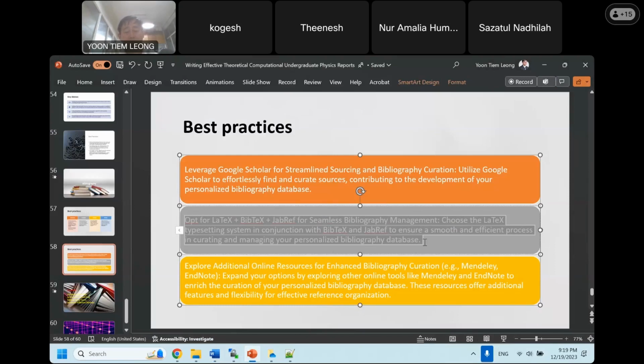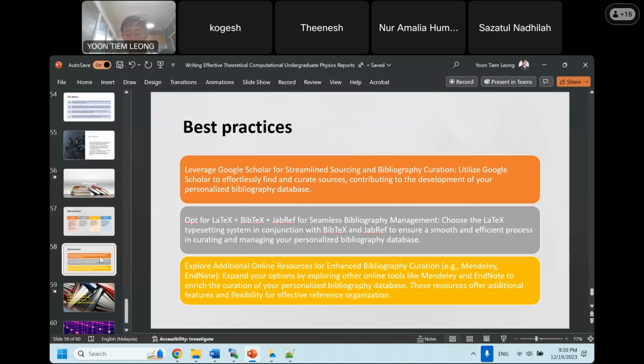But if you prepare your report using LaTeX, which is a different way of preparing a report, not based on Word, then somehow the maintenance of the bibliography items becomes slightly easier. So I'm not going to go into this detail. Last time we used to have a workshop and teach people how to use LaTeX and maintain their own bibliography